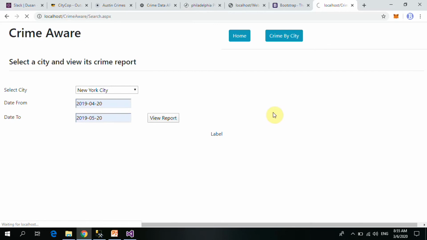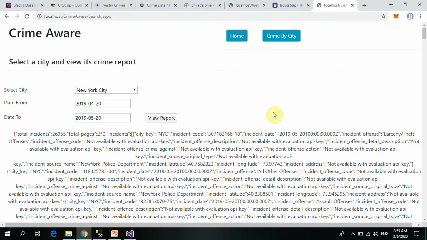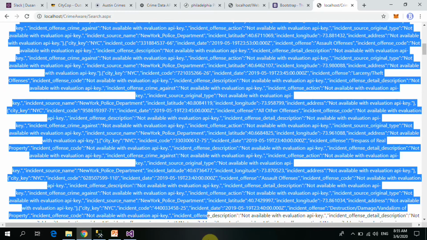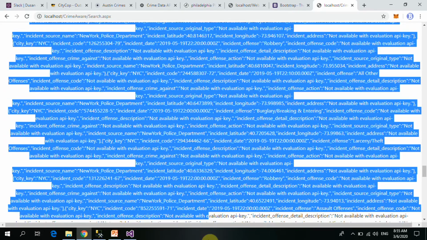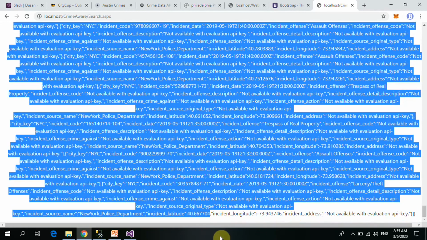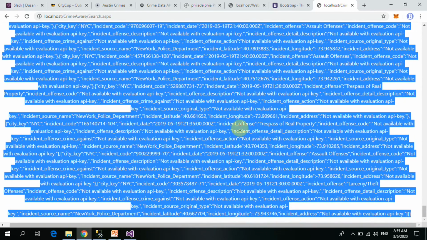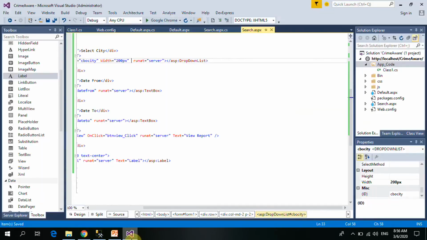So let's click view report. Good. So you can see for the city of New York, we have this nice JSON response here. So let's pick this and generate a class out of it. So I copy these, and then I